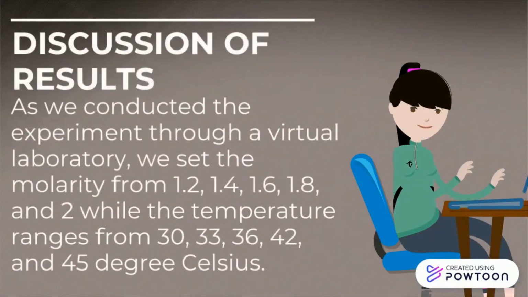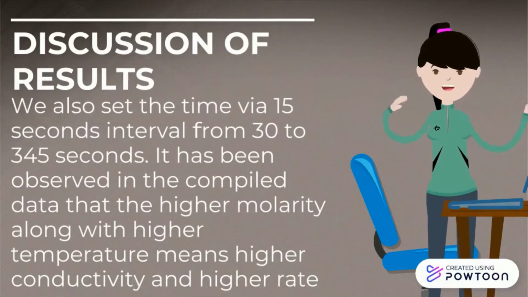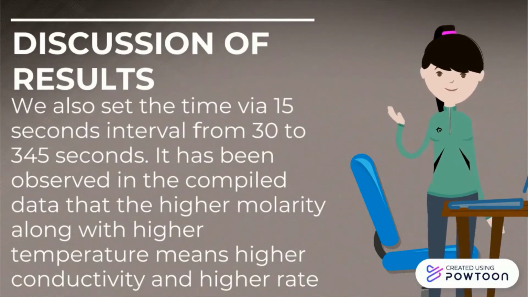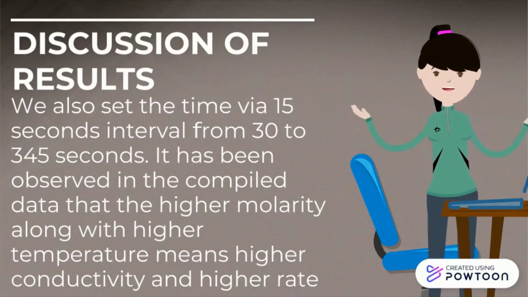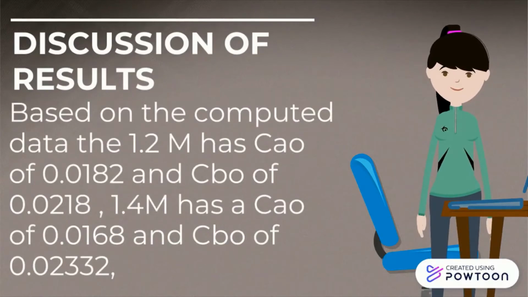As we conducted the experiment, we set the molarity at 1.2, 1.4, 1.6, 1.8 and 2 while the temperature ranged from 30, 33, 36, 42 and 45 degrees Celsius. We also set the time at 15 second intervals from 30 to 345 seconds. It has been observed in the compiled data that higher molarity along with higher temperature means higher conductivity and higher rate constant. Based on the computed data, the 1.2 M has CAO of 0.0182 and CBO of 0.0218,